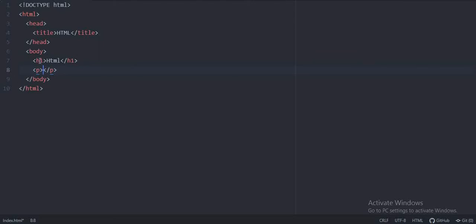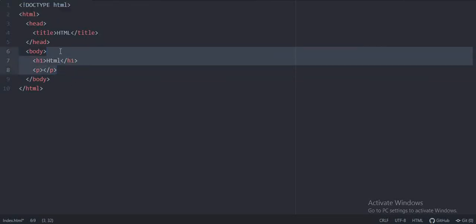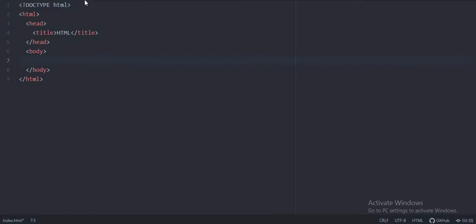Don't mind if you don't know about these tags; I will explain all the tags in detail in all upcoming videos. But first of all, keep in mind this basic structure. This basic structure is what is important for you right now.